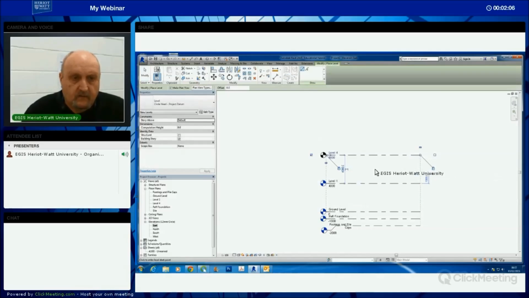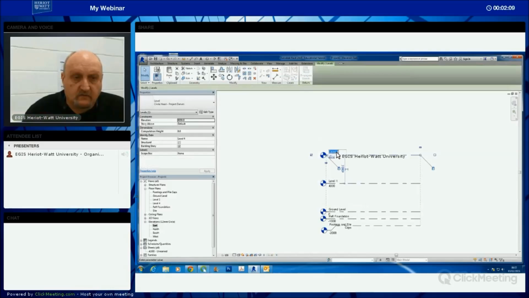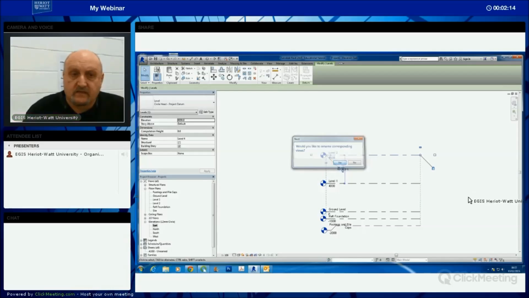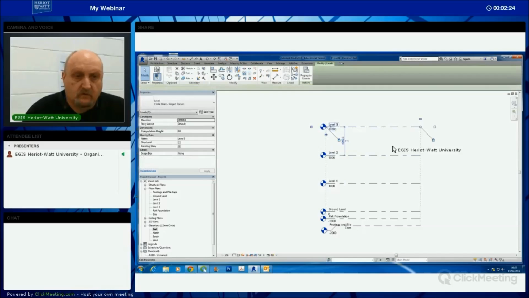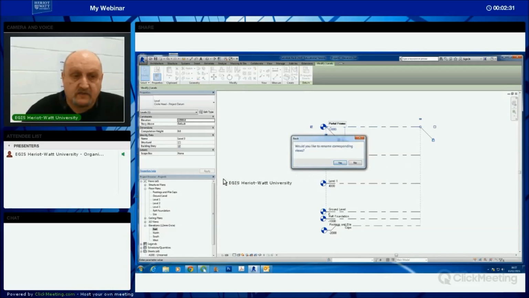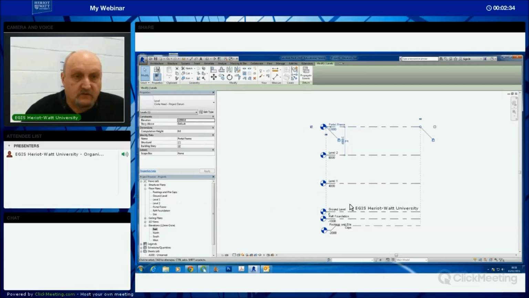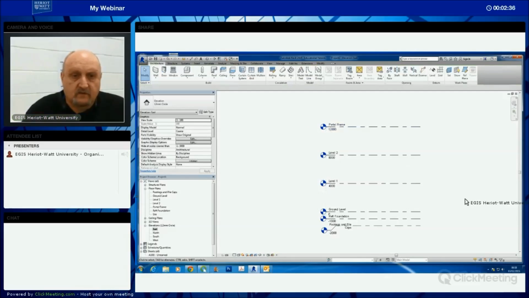And then it's not going to be level 4 clearly, so that gets renamed as well to level 2. And then one final level. I'm just going to call it portal frame, but top of portal frame is probably more accurate. It really doesn't matter much. Click on the white space, rename it, and here you've got your project browser all properly named with the various levels you're going to put in the building, starting from the foundations going all the way up to the top